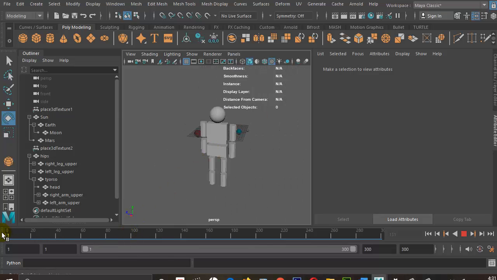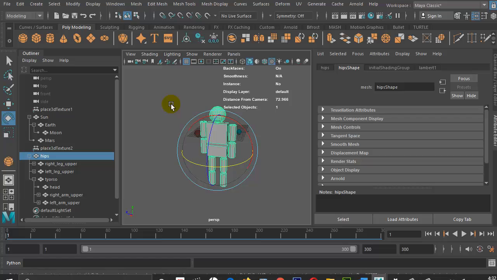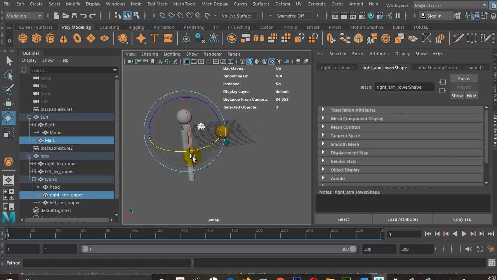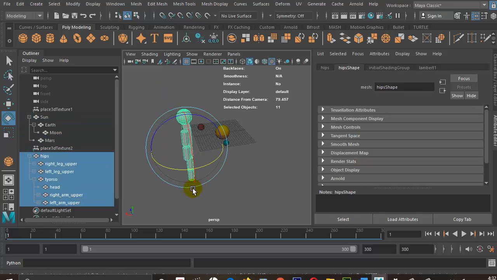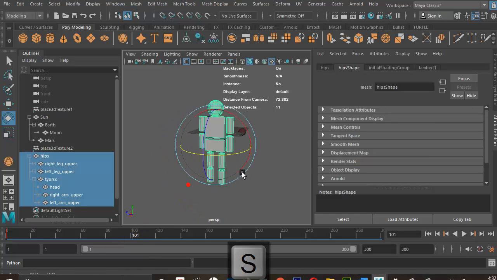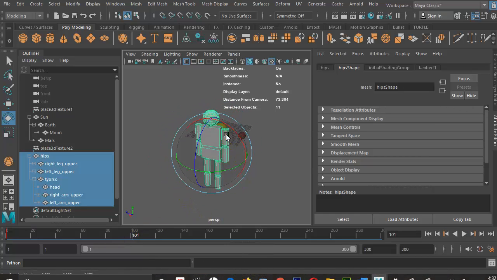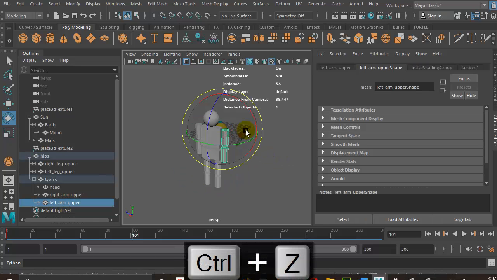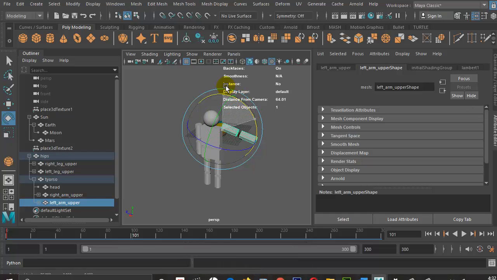Okay, so what I'm going to do is animate my character. I'm going to select all of the components here to set a keyframe. Then on frame 100, I'm going to strike a pose for my character. Whoops, I don't want to do that. So what he's going to do,